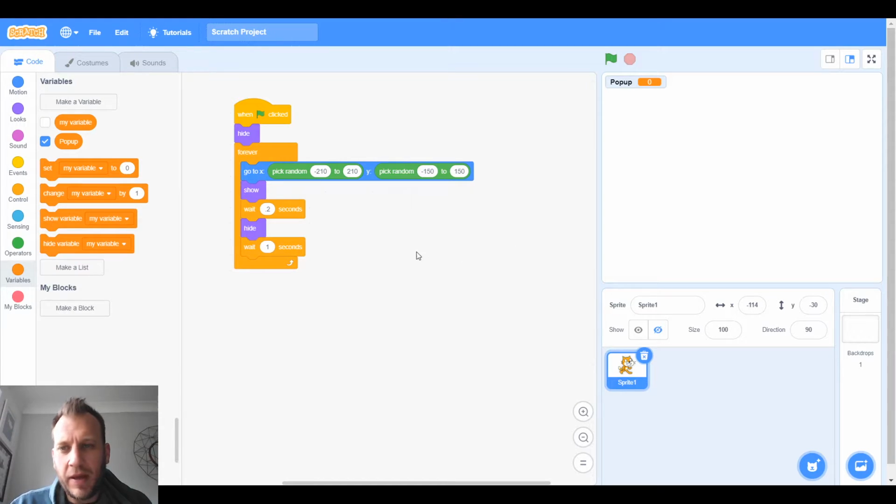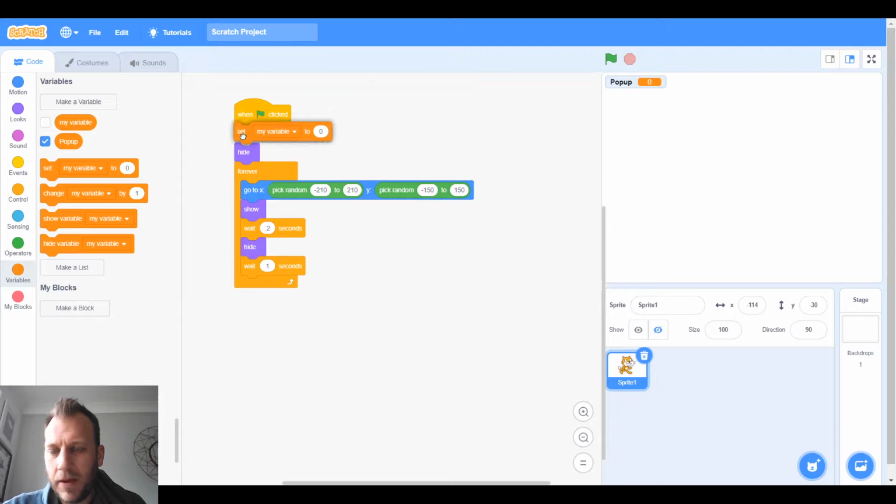So this is going to be the measurement of how quickly he pops up. Now I'm going to leave that on there for now. I want to remove it later because it's just there so I can see if it's working properly. So at the start of the game, Popup is going to be the amount of time he shows, the amount of time he's popped up for. So to start the game, let's make it nice and easy. I think 2 seconds is really quite a long amount of time for him to be popped up for. So if I try that now,